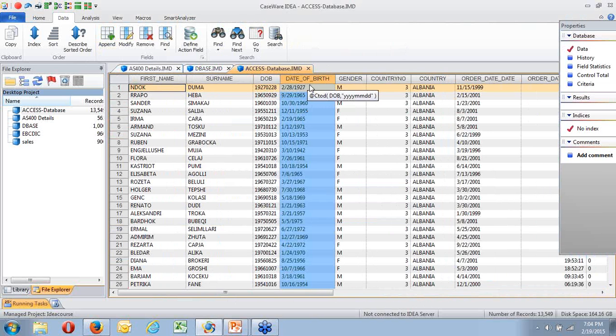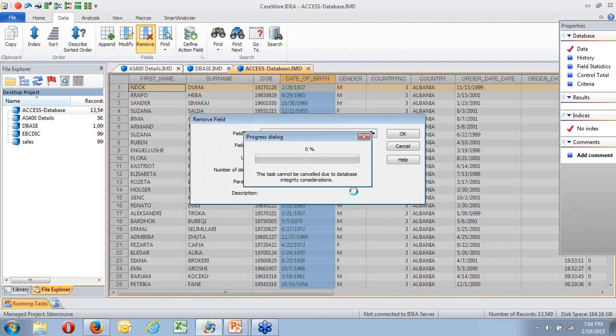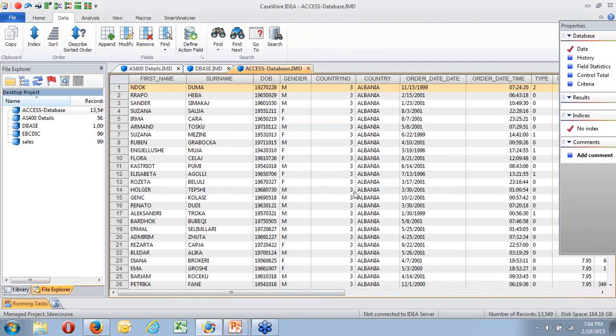We'll talk a lot later in the course about using the at functions. In the meantime, I'm going to delete that column because we don't actually need it for our purposes at the moment. Remember, this is a virtual field. I can delete that. If it was deleting the date of birth itself, I'd have to go in and say, make it possible to delete that.